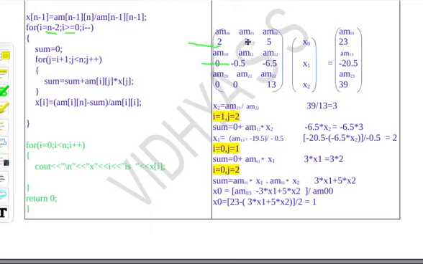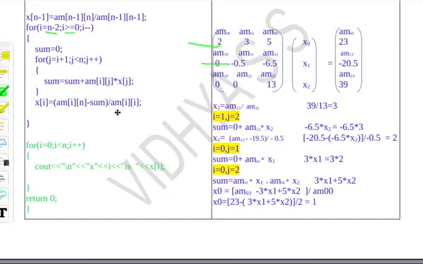After getting the sum, that is here it is 3 into x1 plus 5 into x2, I will get it from this sum. After that I have to take the last element of that corresponding row. The row I will get from the i value, and the last element column will be n, because I am having totally n plus 1 columns and indexing starts from 0. So the last element column index will be n. So it is this 23 minus this sum, that is 3 into x1 plus 5 into x2, divided by the diagonal element of that corresponding row, that is a[i][i].